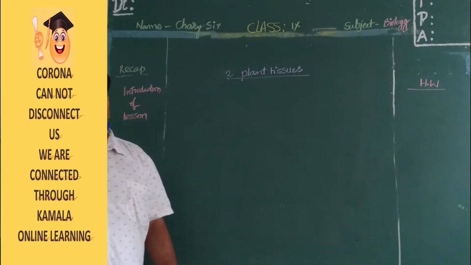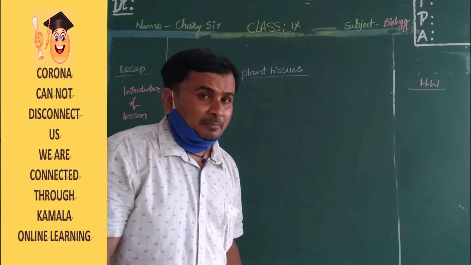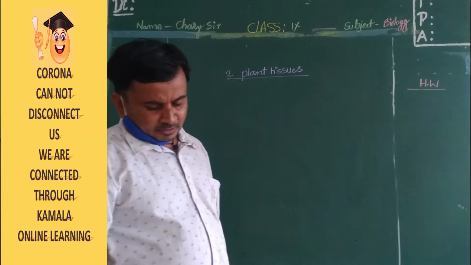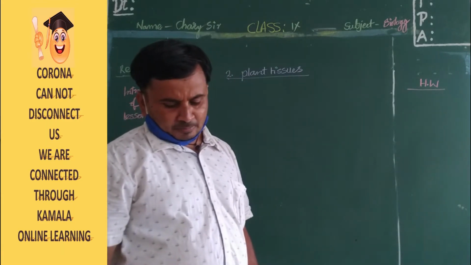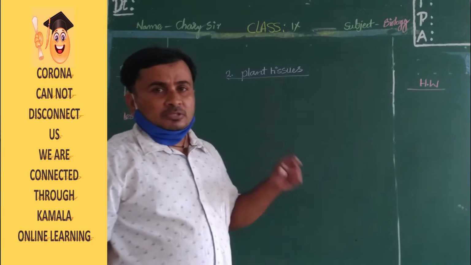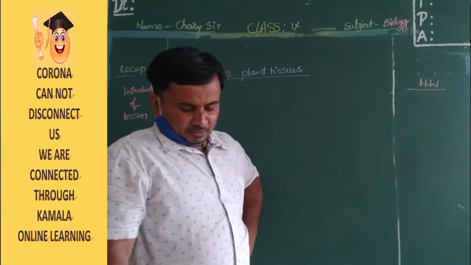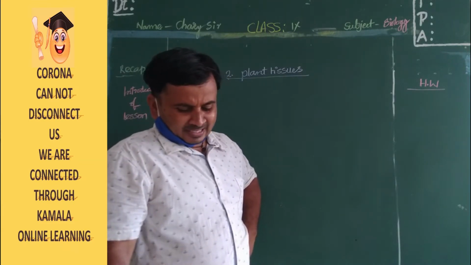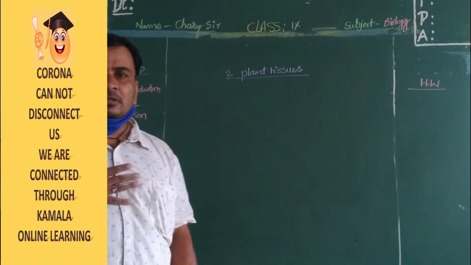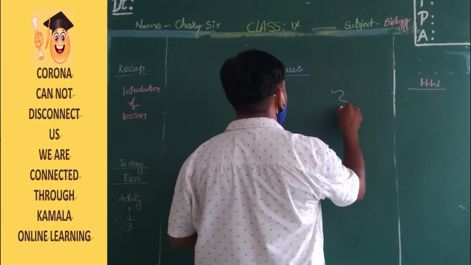You have already learned about the different cell organelles and their functions in the previous chapter, that is, cell structure and function. In a unicellular organism, a single cell performs all the functions. Unicellular organisms are like amoeba. If you see an amoeba, a single cell will do all the functions. But in multicellular organisms, there are numerous cells. We are multicellular organisms.